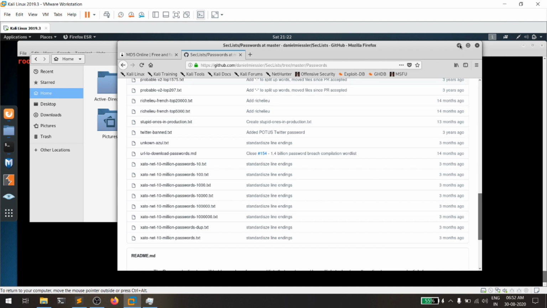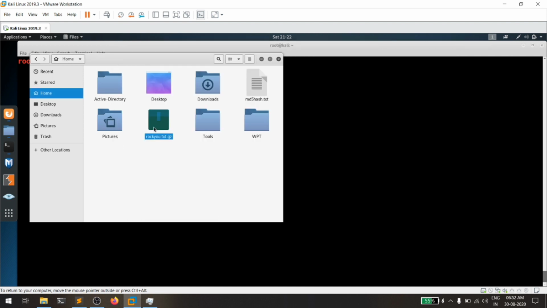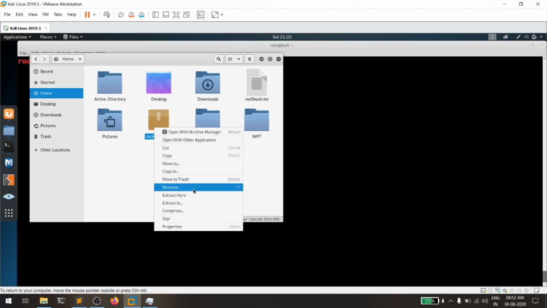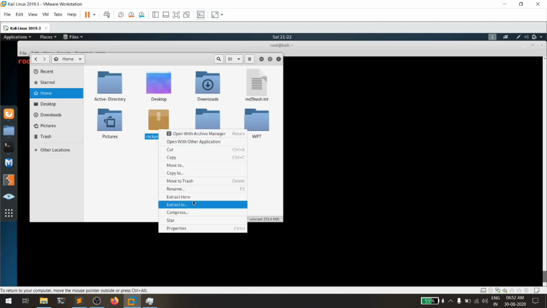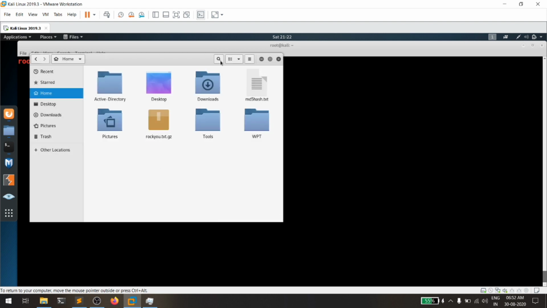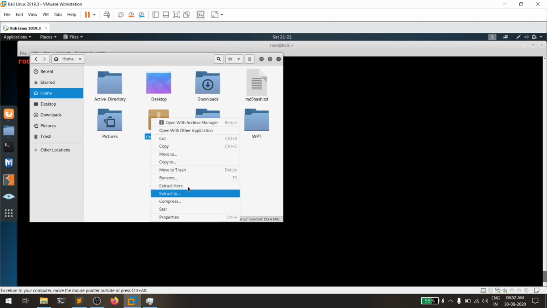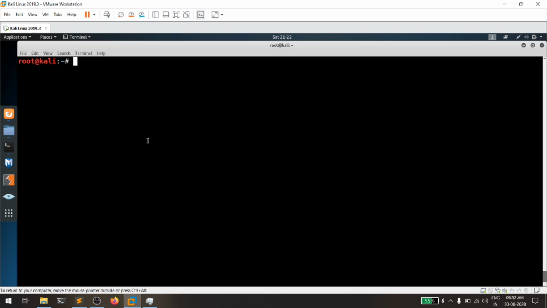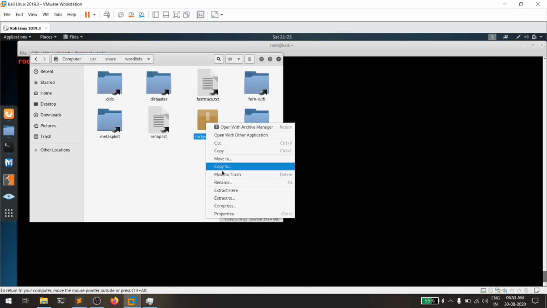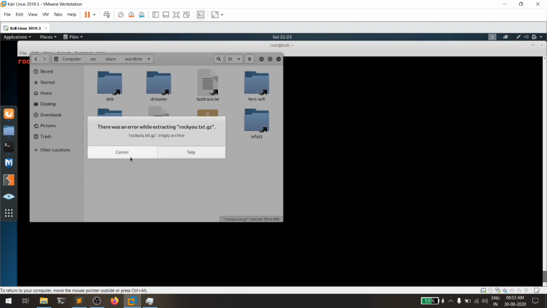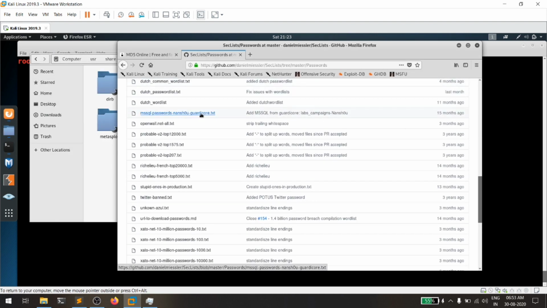Make sure you're having a good GPU. So I got my thing over here. Let me extract here. It's not coming over here, so let me delete this. I don't know why I'm using the older version of Kali Linux. Or you need to simply extract it there. Remember one thing, you can use any wordlist. Okay, let me extract here. So let me skip it and let me find some wordlist.